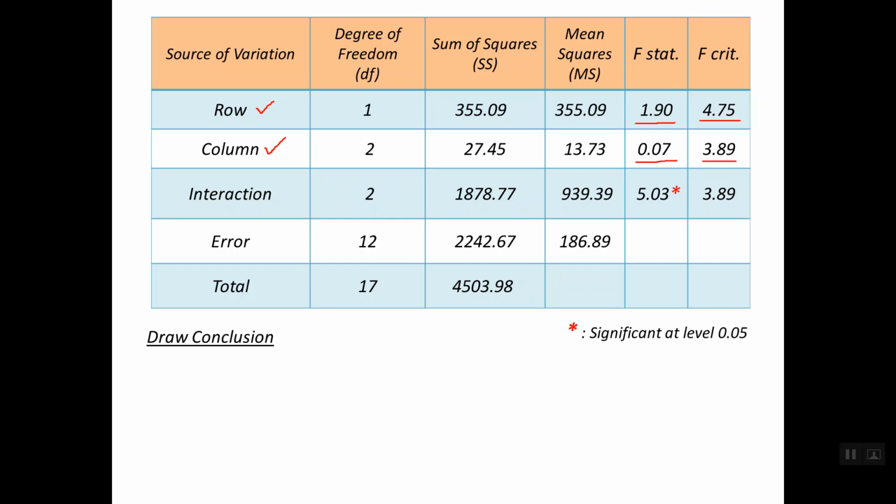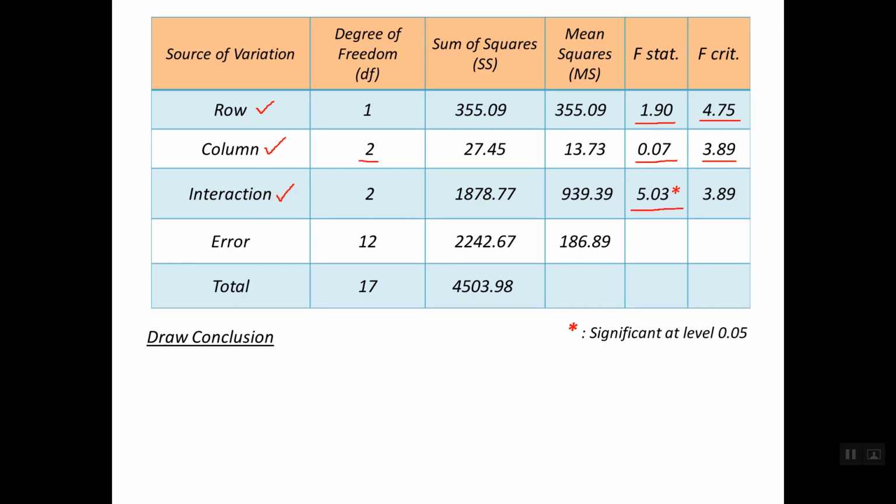And the null hypothesis for the second factor states that the means for the levels of this factor are the same. So we count the number of levels. We add 1 to the degree of freedom, so we have 3. So for the second factor, the first mean is the same as the second mean, is the same as the third mean. And regarding the interaction,